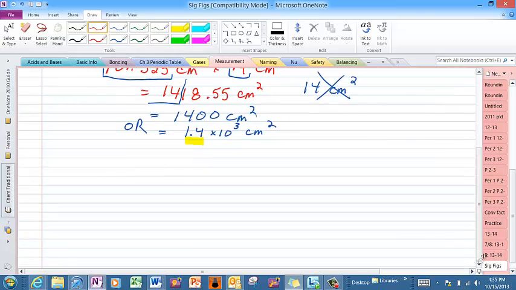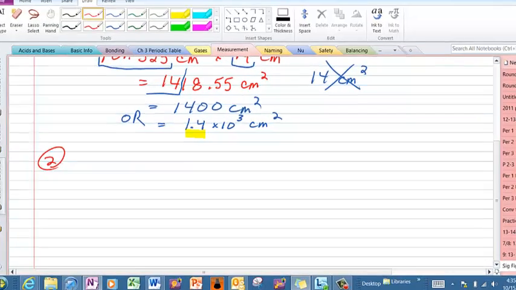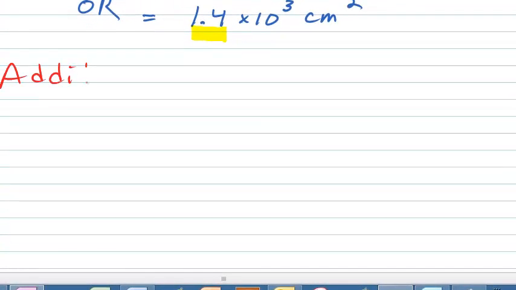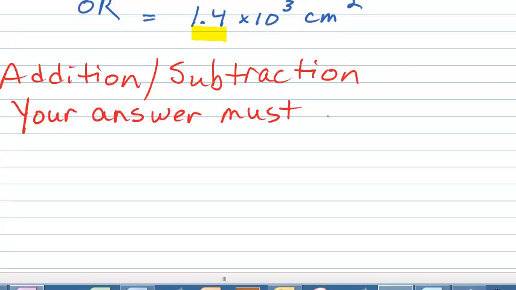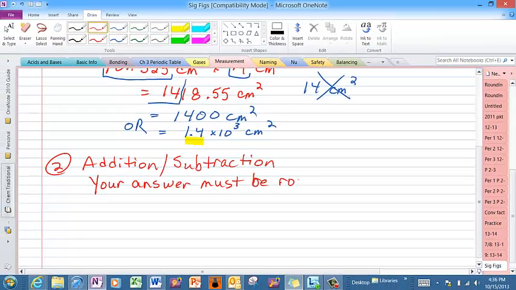Okay, what about a rule for if we're not multiplying and dividing? What if we're doing a problem where we're either adding or subtracting? Again, what place value do I round to if I'm adding or subtracting just 2 numbers together, or 2, 3, 4, 5, 6, 7, 8, 9, however many numbers, but all I'm doing is adding and subtracting. In this case, I'm not going to be looking at how many sig figs there are in the number. Your answer, if you're doing addition and subtraction, has to be rounded this time. Let's get this down. Must be rounded